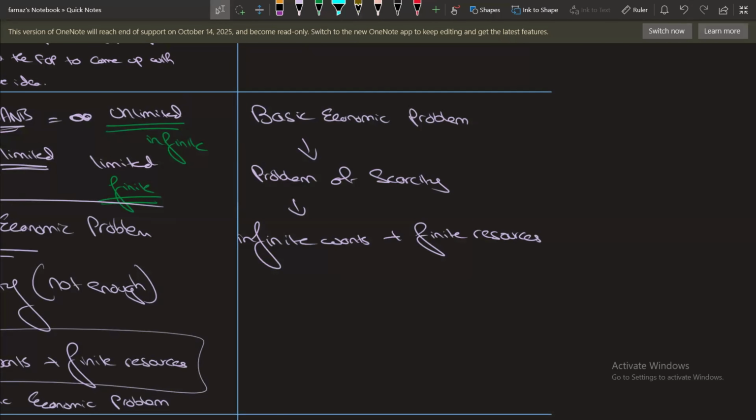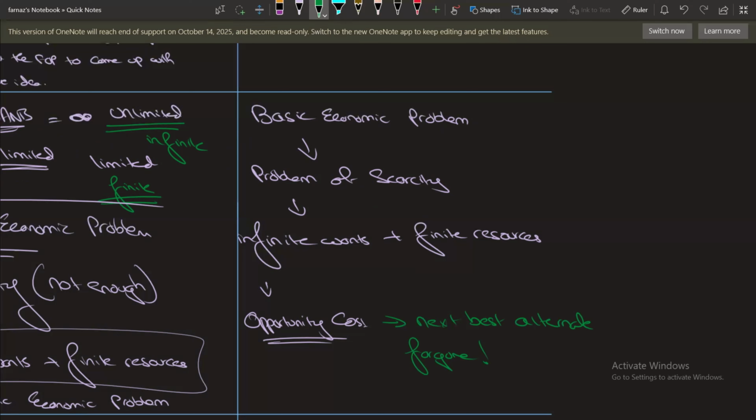Because of this, you have to make choices. You have to make choices because you cannot get everything you want. So that is the reason opportunity cost exists. And what is this new term that is added in the arrow and why is this not ending? Opportunity cost means next best alternate foregone. This is the only definition that I want to see in all of your exams if you're watching my video. Opportunity cost means next best alternate foregone, right? So that is what opportunity cost is.